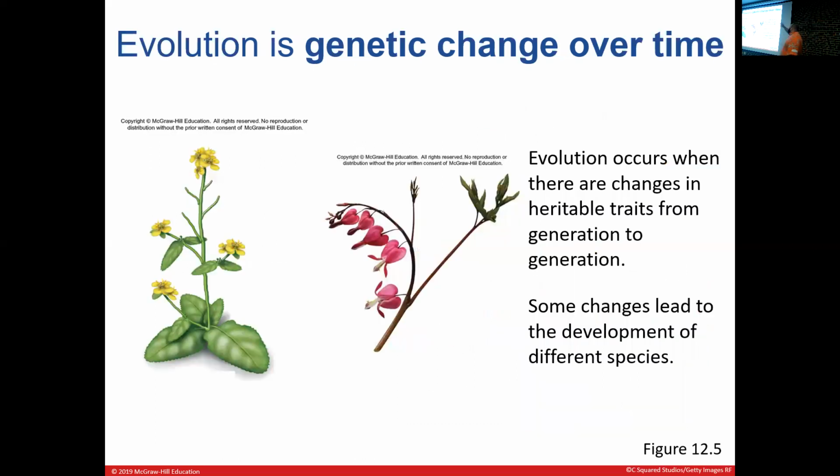Now, evolution is generally considered to be a genetic change over time. Ultimately, evolution occurs when there are changes to heritable traits from generation to generation. There's a lot of different ways this can happen, and it doesn't necessarily need to be a complete mutation in the genome. You can just have what you're being coded for change over time. So have different alleles show up at different points in time, or different alleles become more useful based off of whether or not they're useful in a particular environment.